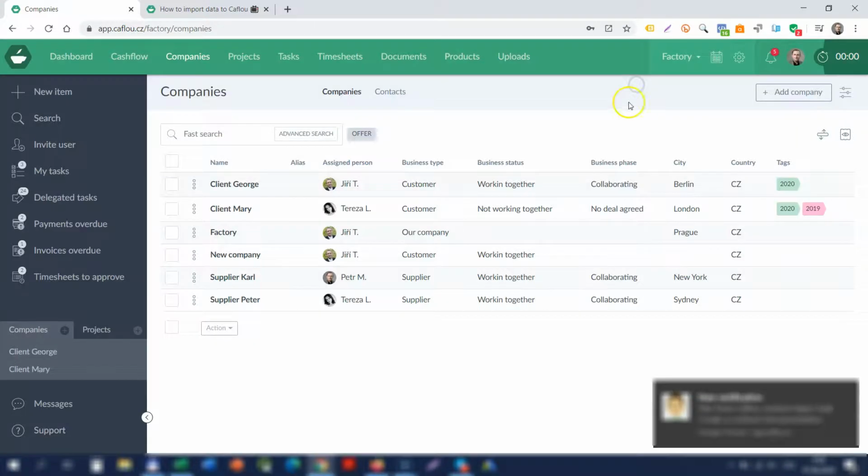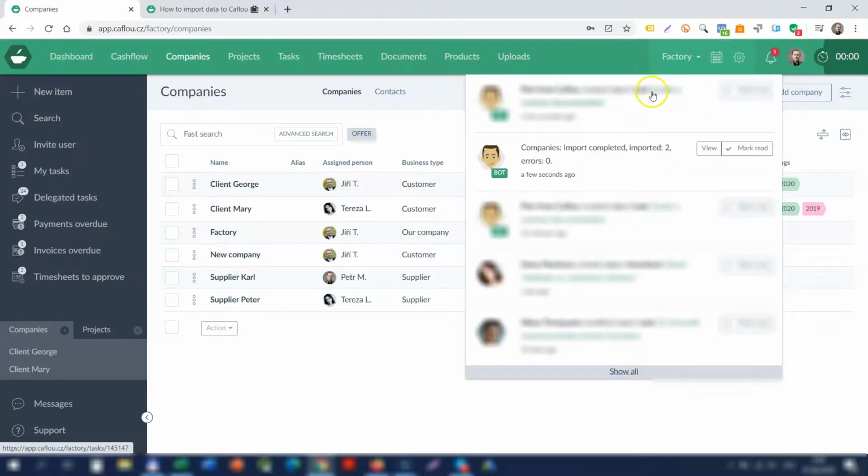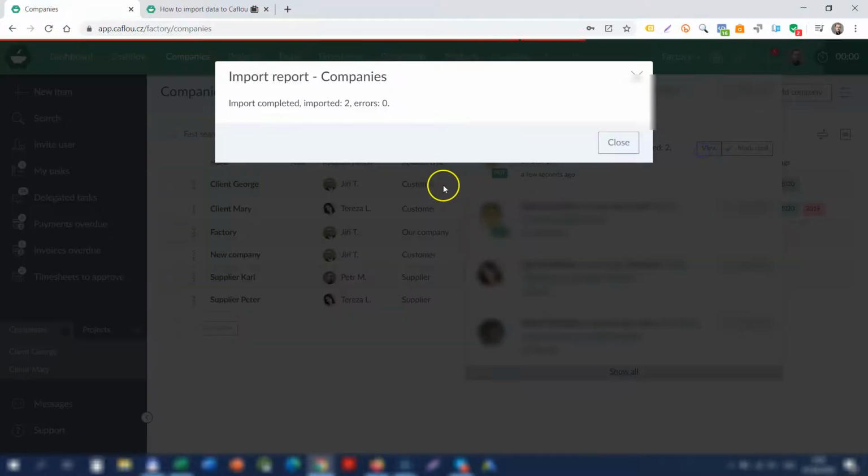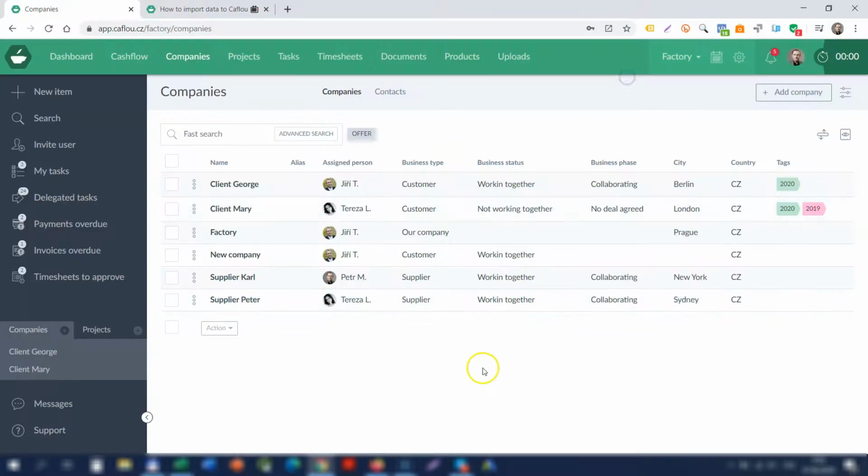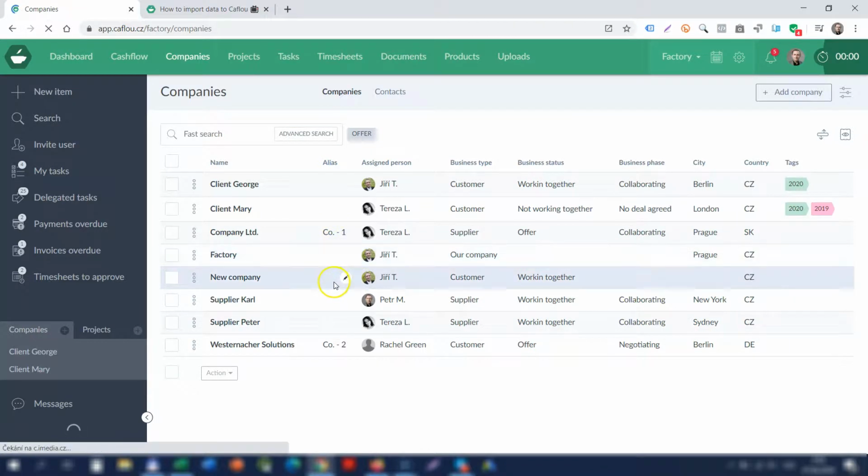So once it's done, the system will send you here a notification that the import file was imported. If there are any errors, it will tell you, and you see a list of errors in this pop-up. So it's done. I refresh the screen,